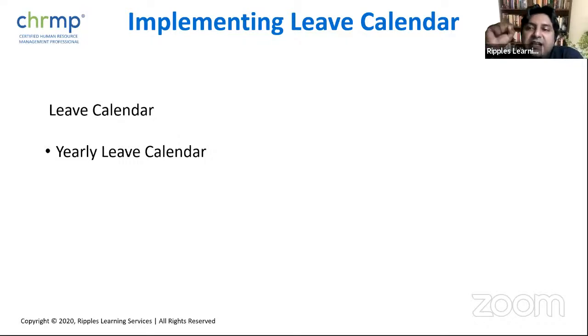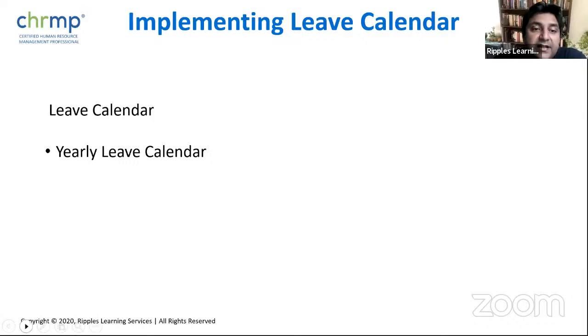which means in the beginning of the year, whether it was the financial year or the calendar year, a lot of organizations would start their leave calendar from 1st of Jan and end it on 31st of December. Some companies would stick to the financial year, whatever they are following. For example, India follows financial year from 1st of April to 31st of March. So it can also be that, depending on how you want to go about doing it. You would have a yearly leave calendar. You would announce all the leaves available to employees, and then they can take this leave. That was the concept of yearly leave calendar, right?